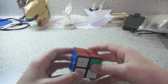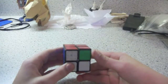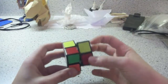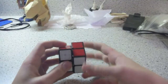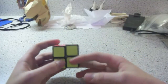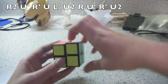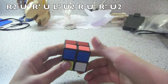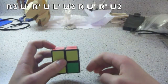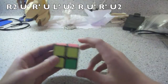So to explain it, first I'll tell you the algorithm I use for it on top. What I do is just the JA permutation, and so that can lend itself nicely to having an adjacent swap on the bottom. So what you do first is you do a setup move to bring these two pieces up here, which is R2 U'. Then you do the JA permutation, and then there's a cancellation of the last couple moves of the JA permutation and the unsetup move. So again,